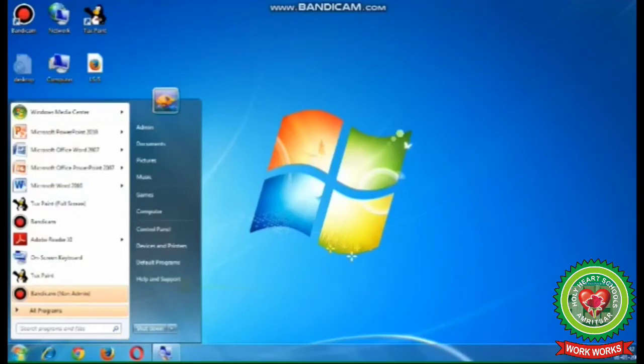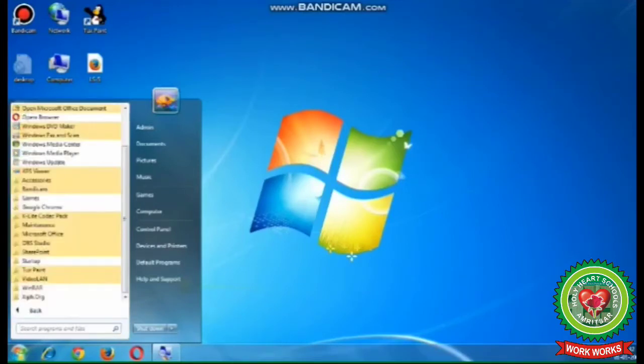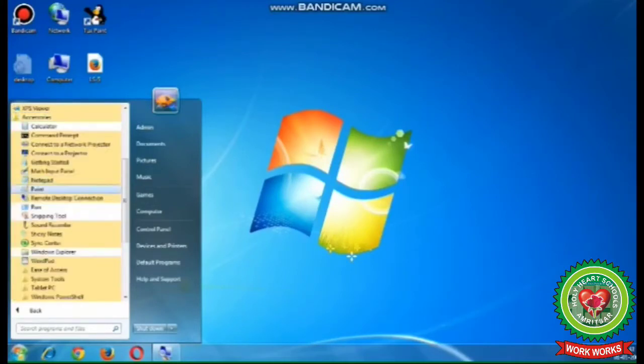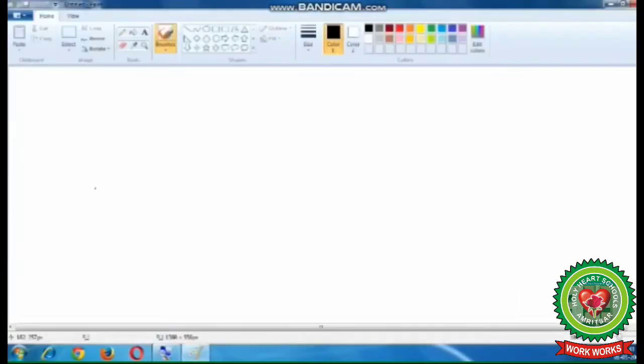Next, click on All programs. Number 3, click on Accessories. And after that, click on Paint option. And you will see the paint window is open.